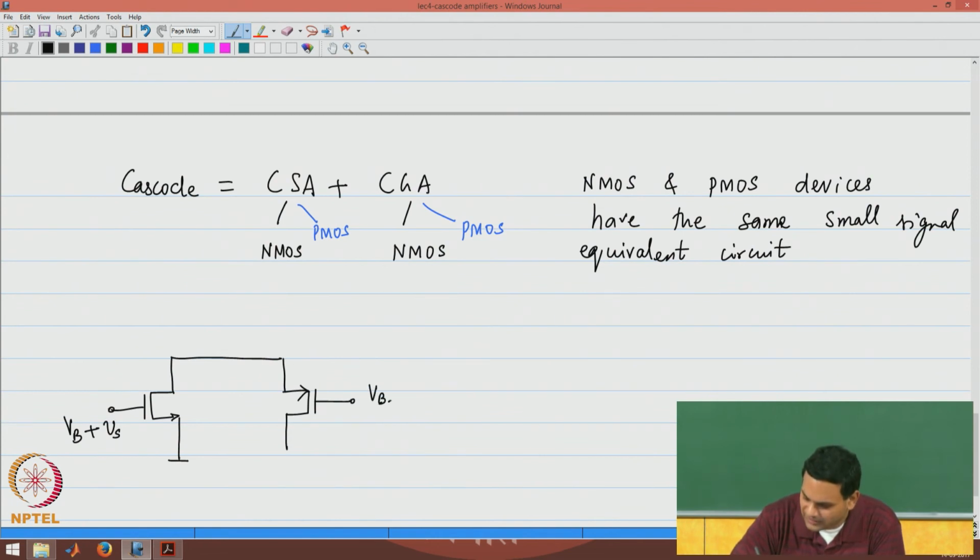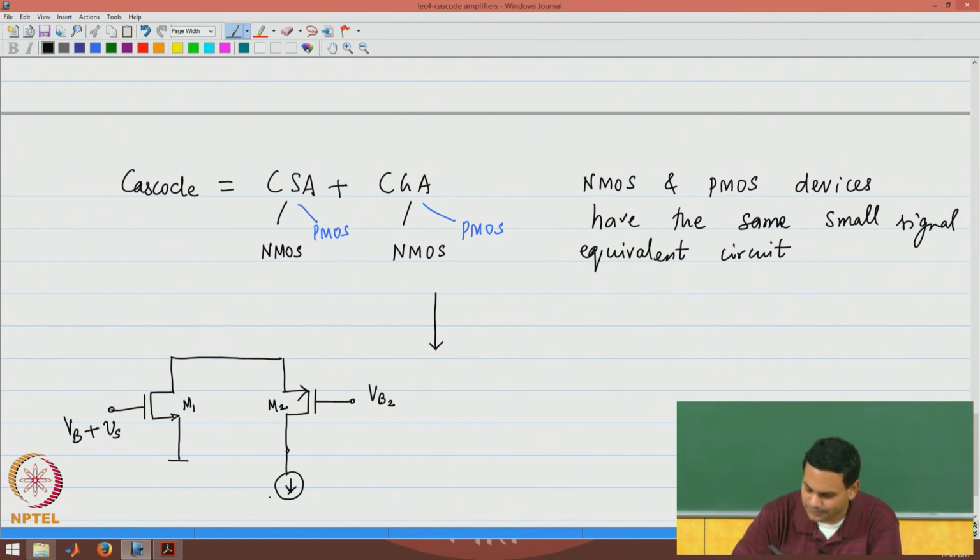I am going to connect the gate of PMOS transistor M2 to some bias voltage VB2. Now, why am I drawing the PMOS transistor like this? Because in general convention, bias current or total current flows from top to bottom, and inside the PMOS transistor current will flow only from the source to the drain, which is the opposite of the NMOS device.